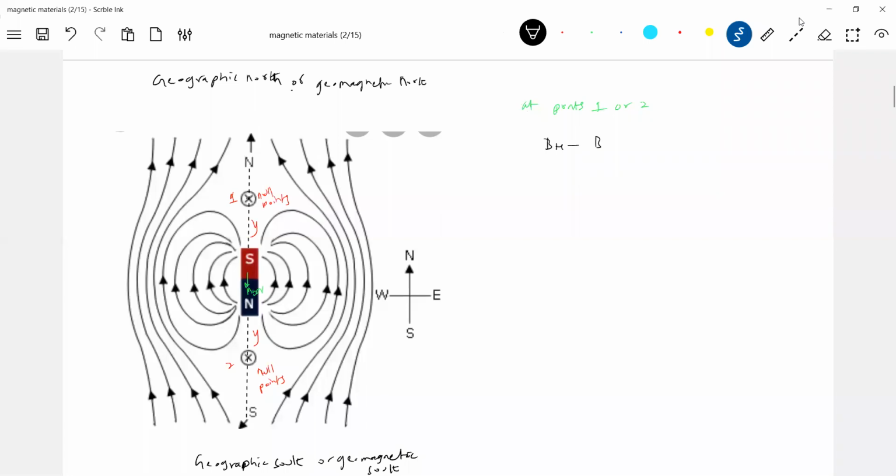BH minus the magnetic field due to the bar magnet should be equal to 0. BH is as it is. Due to the bar magnet, mu naught m bar by 4 pi y cube. 2 will not be there. Will I agree? Sorry, 2 should be there. It's there on the axis, no? So therefore the m bar like this we can determine.